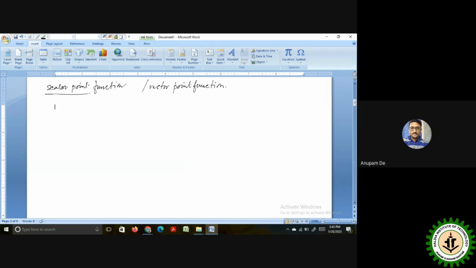Now, if you are in a three-dimensional space, we have already studied the calculus of functions of several variables. There, by a function f of x, y, z at a point p, what do we mean? There will be a domain. Suppose this is three dimensions, meaning on space. So in this case, it will be in space. On space, some point will have coordinates x, y, z, and corresponding to each point x, y, z in a domain,